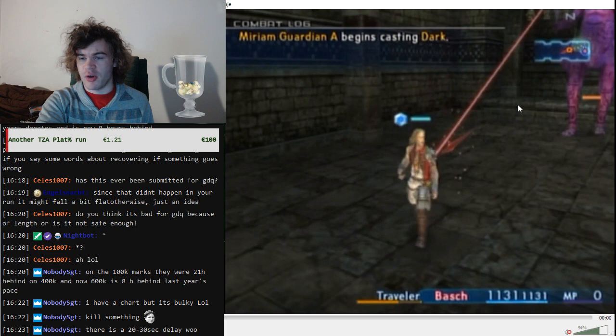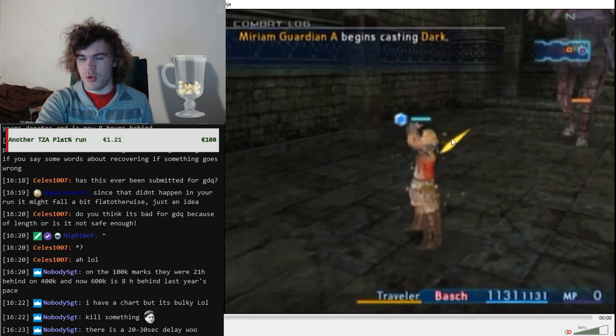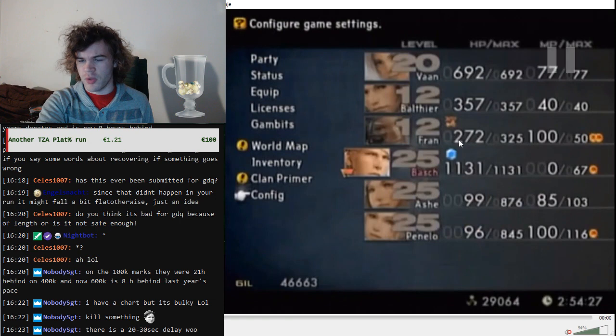Then this is where I cast Traveler to set up for the Bergen fight. You have to make sure that you are in range. You can see this pointer. If it's red, that means you're too far away from your target. And if it's yellow, you are close enough. So just hit the Miriam Guardian with Traveler. Switch your battle speed to slow once it hits. And check the number. So it's 064 for me